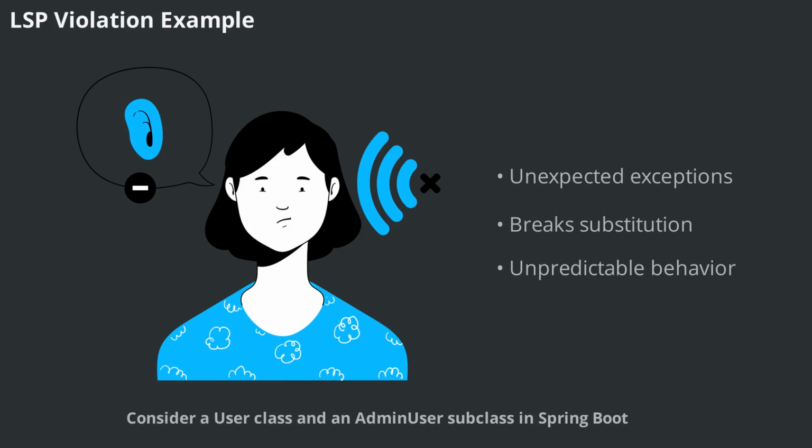Consider a User class and an AdminUser subclass in Spring Boot. If AdminUser overrides a method from User and throws an exception instead of extending the behavior, it violates LSP. This means that code expecting a User might break when given an AdminUser, leading to runtime errors and unpredictable